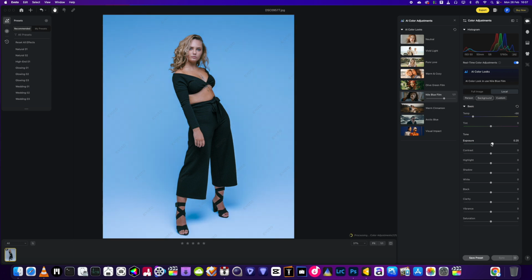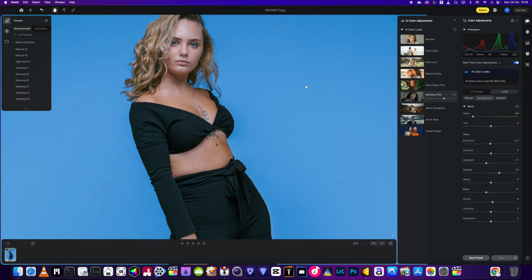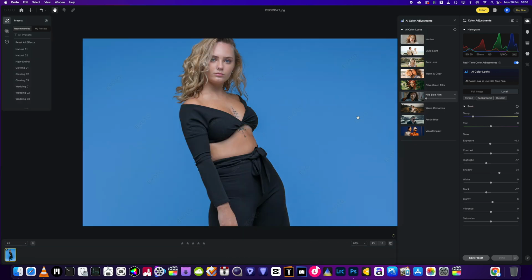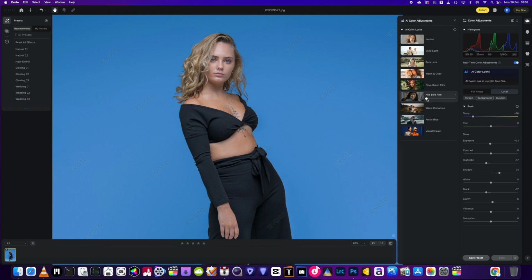Just going to bring the exposure down just a little bit more. Bring that highlight down just a little bit as well. Shadows, we're just going to bring those up a little bit and bring the blacks down, add a little bit of clarity. Not happy with that Nile blue look, so we're going to take that one off. There's a little bit too much of a,